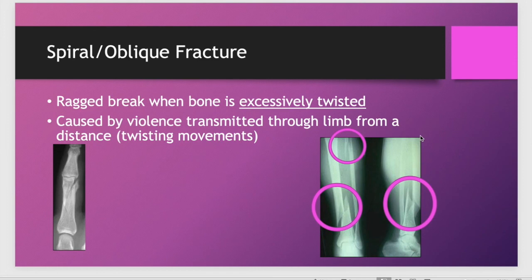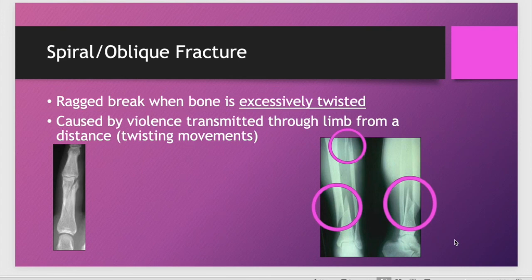A spiral or oblique fracture, they can be used interchangeably. We can see one right here on this x-ray, and you've got 3 circles on your notes. So make sure you circle all 3 places where you can see the fractures on your x-ray on your notes. It's going to be a ragged break when the bone is excessively twisted, like maybe you get